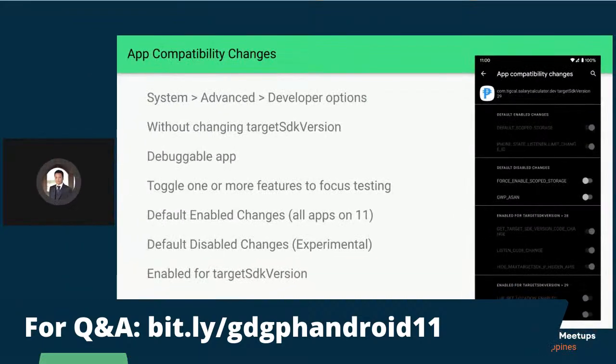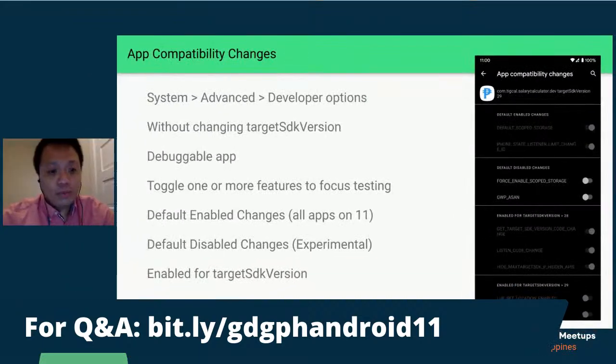What we normally do is set the app target SDK version to 30, and then we check all those new things. For example, we have to check permissions, and we have to check the foreground service type, one by one. Sometimes we don't know that there's a change that we also need to accommodate.